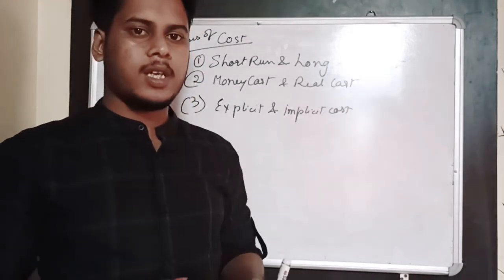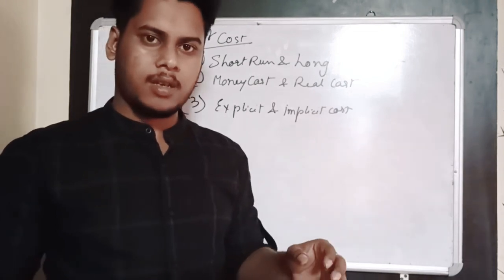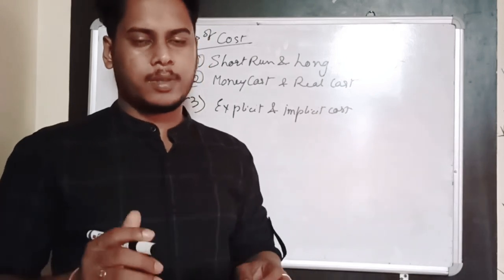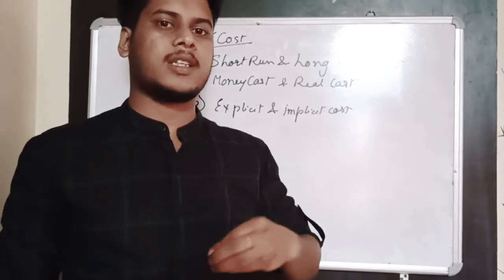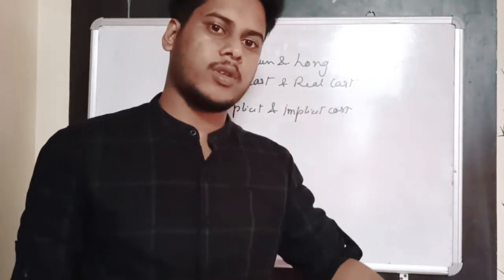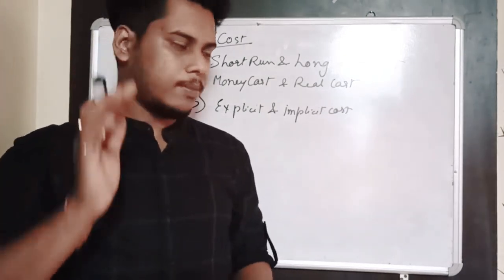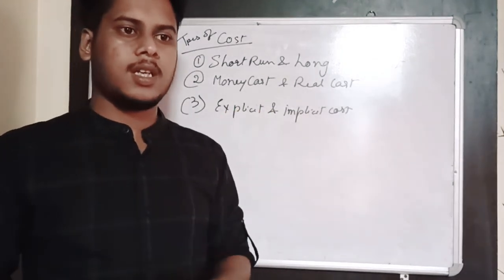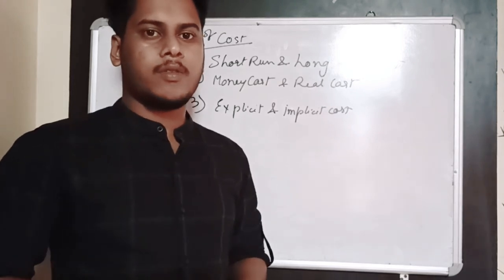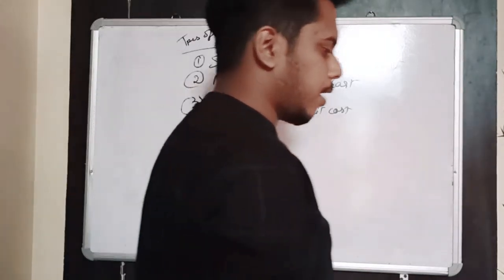So for me, self-owned resources is basically my land. If I am producing using my land, then sometimes I do have to incur some expenditure on this land, and that expenditure is done upon my self-owned resources. I am not paying it to someone else, rather I am paying it to myself. So implicit cost implies the cost that I am paying upon my self-owned resources. Okay, so these are the 3 types of cost.